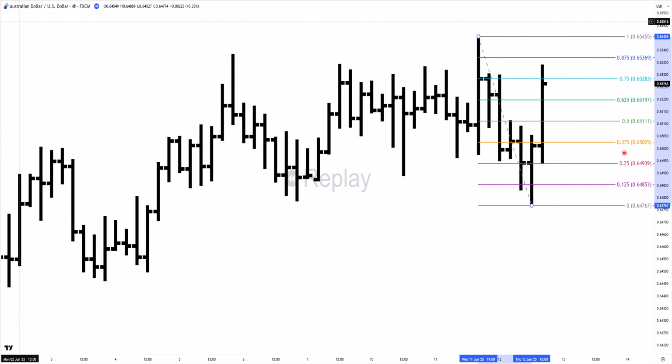12.5%, 25, 37.5, 50%, etc. 62.5% is 5/8. I know a lot of people like to use 61.8%, the Fibonacci ratio. In my experience, those Fibonacci numbers work incredibly well in markets, but on a different level to this. On the retracements, I think it's the 1/8 levels that are working, and you're talking about different systems there. I won't go into that in this video. Now, in my experience on the Australian dollar, when we get a pullback, when we're looking for a lower top there, it's usually between 37.5 and 75%.